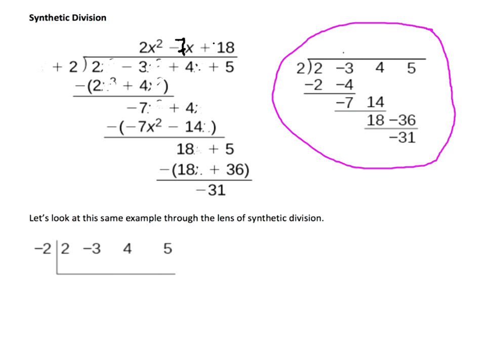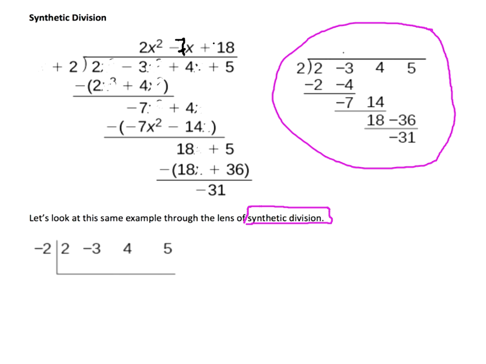Now, since you don't really need the variable part of the terms to actually do long division, you just need to know what place they're sitting in. You can put them aside and use what we call synthetic division. So I'm going to do this same exact problem using synthetic division. Don't worry if you understand it this first time through or not, because I haven't even shown you the steps. I will speak the steps as I go through them, then we'll look at the steps, and then we'll practice